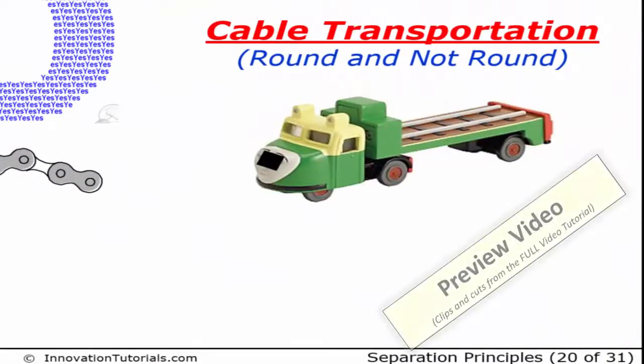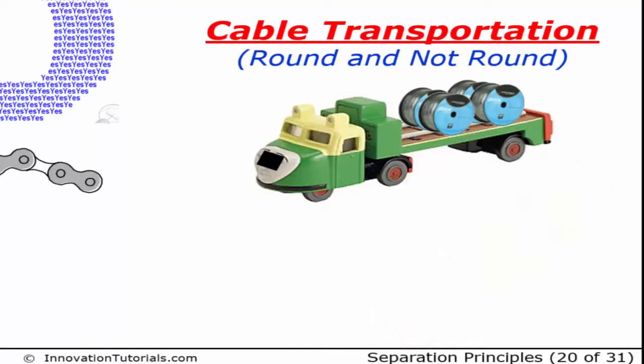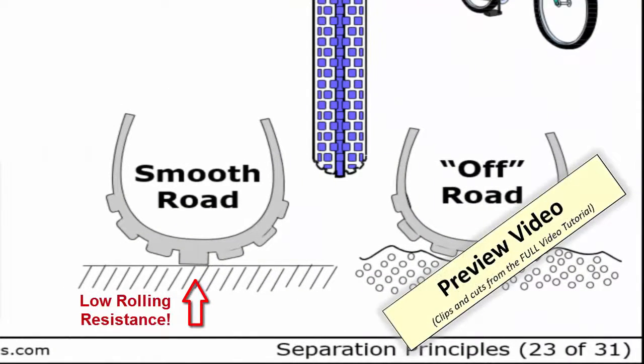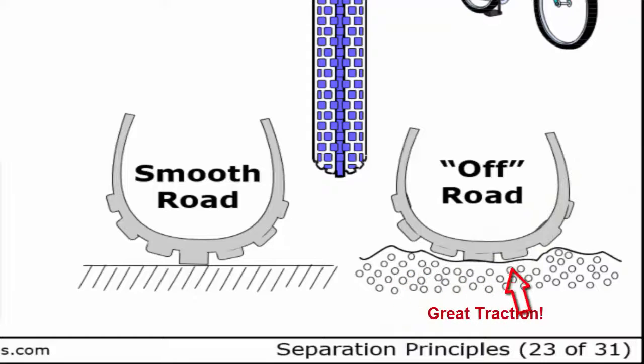Last example here. You're transporting cable that's wound up on these coils here. The problem is that these things, when you put them on the back, roll very easy. So when you're on the pavement, the contact area of the tire on the pavement is very narrow. But when you go off-road, when it's a little bit softer and a regular shape, you can actually let a little bit of pressure out of your tire,